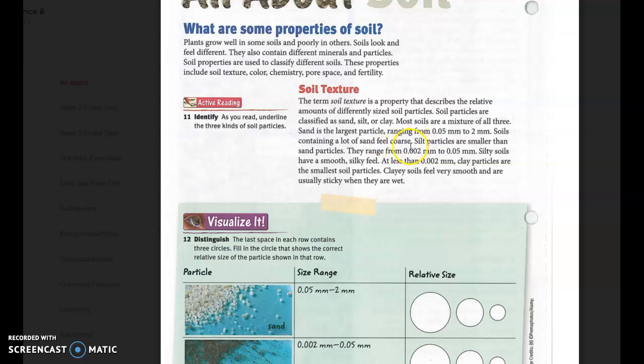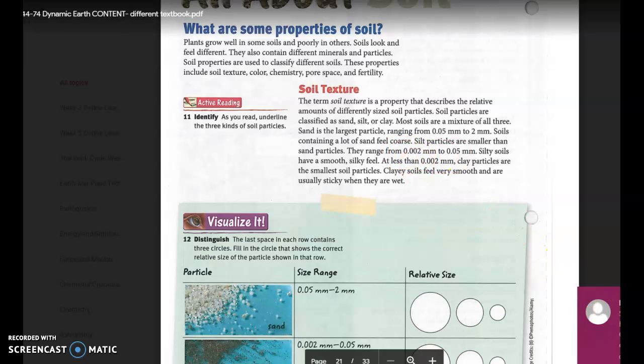Silt particles are smaller than sand. They range from 0.002 millimeters to 0.05 millimeters. Silty soils have a smooth, silky feel at less than,